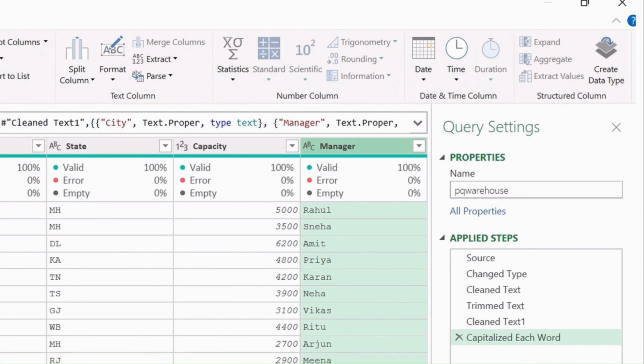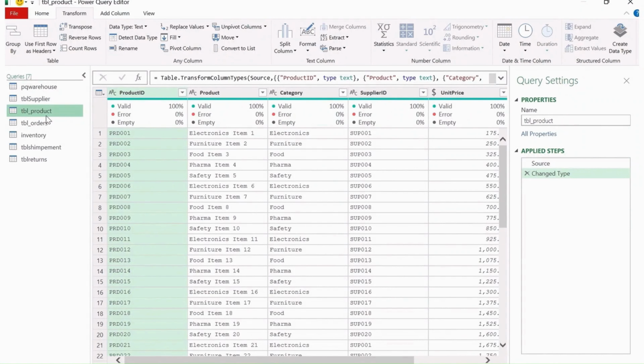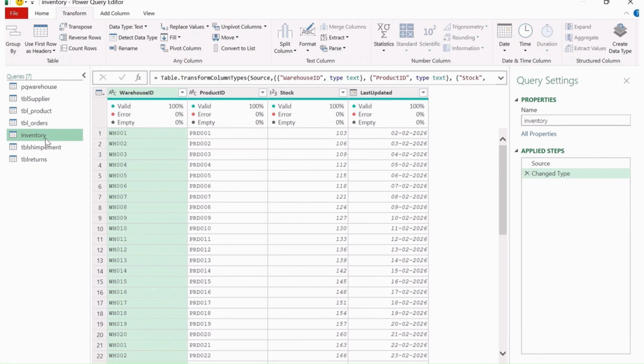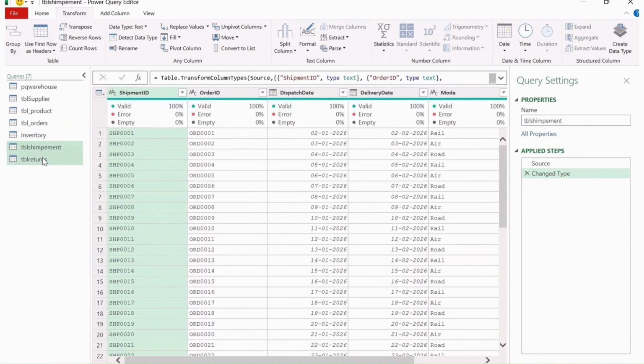So this is how I have applied the capitalize each word over here. Likewise, you can check the rest of the other values as well. According to me, the rest of the others are fine. Okay, there is no issue as such. We are working with very clean data over here, so there is no issue as such. Okay, but you have to always verify as a